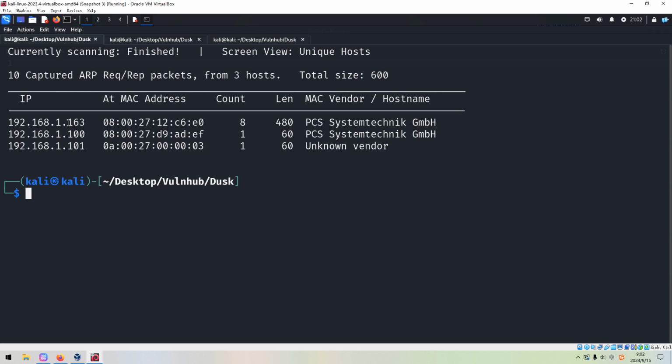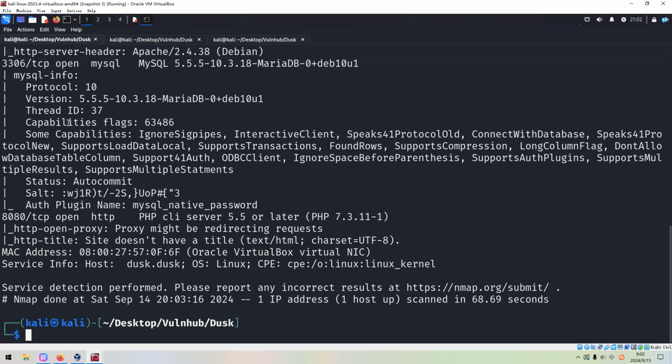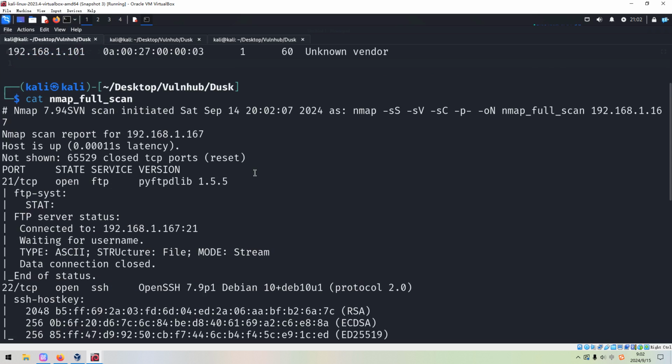So what are we going to do next? We need to do the port and service scanning with Nmap. To save time in this video, I've already completed it before, so for now, we just get out its result. As you can see over here, I used options like SYN scan, the version scan, the default script scan, followed by -p- to do the full range port scan. The last option of all is -oN to output the result into this file. The IP address has been changed, as you can notice here, from the first time when I did the machine.